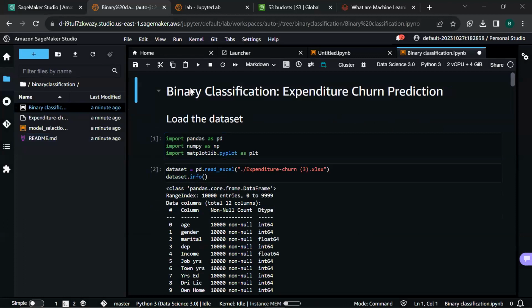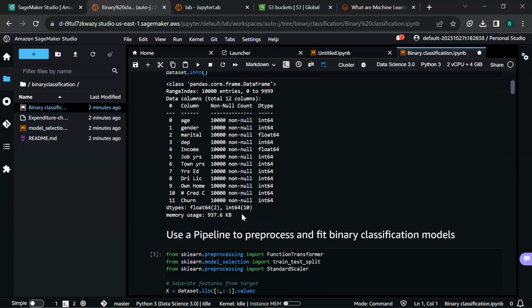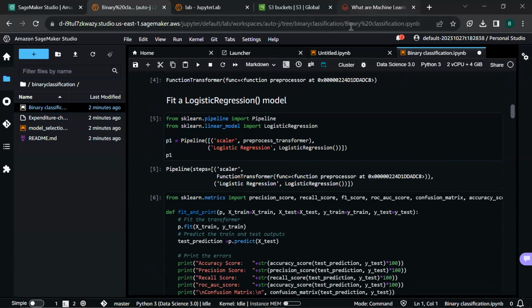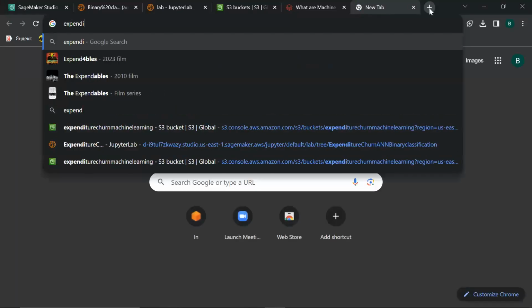So it's already created the instance, the data science 3.0 image with the Python 3 kernel. And to confirm that, you can see here, there are two instances running. The one that we created for the empty notebook that we were experimenting with, and this new one that contains the binary classification example. So in this case, we are trying to predict whether there was a churn or not. So let's see what we mean by that.